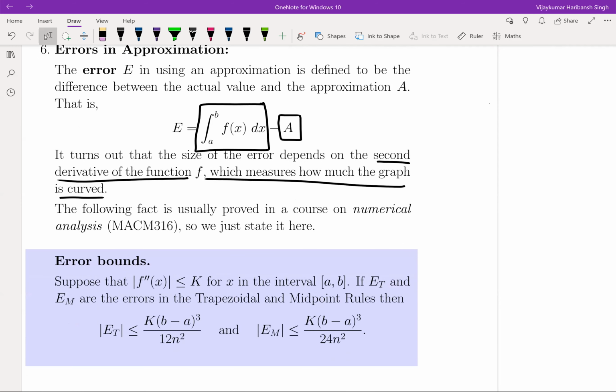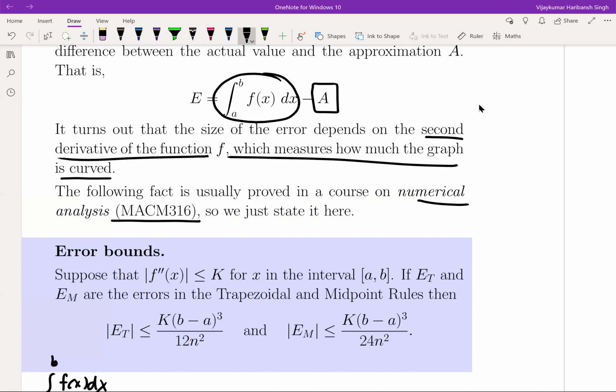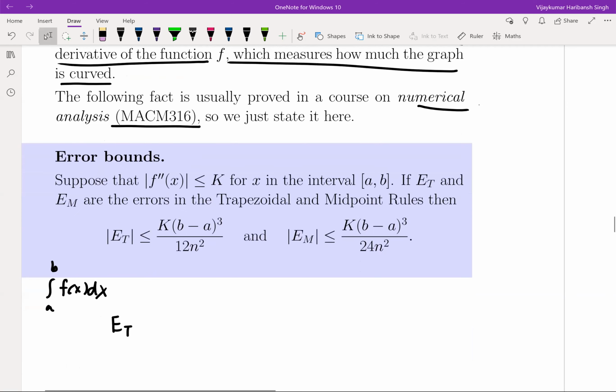The error is the difference between the actual integral and the approximation you got. It can be a positive or negative error, more or less than the actual value, so we bound the absolute value of the error. The absolute value of the error in the trapezoid rule is bounded by K times (b minus a) cubed divided by 12 n squared,